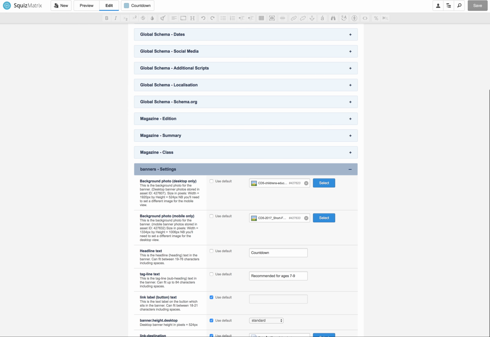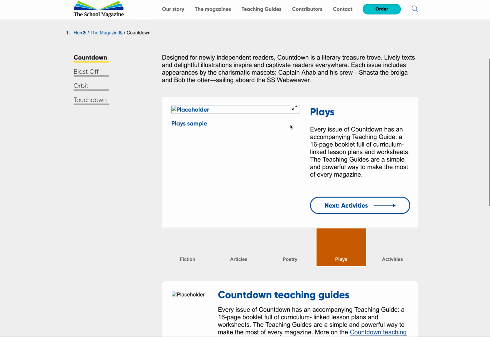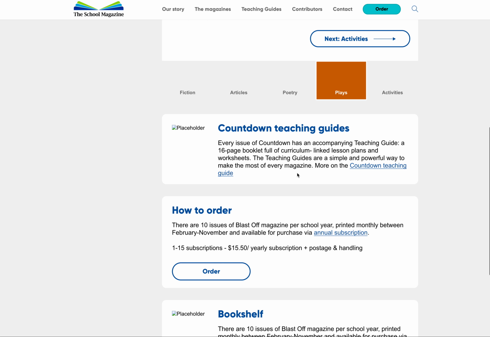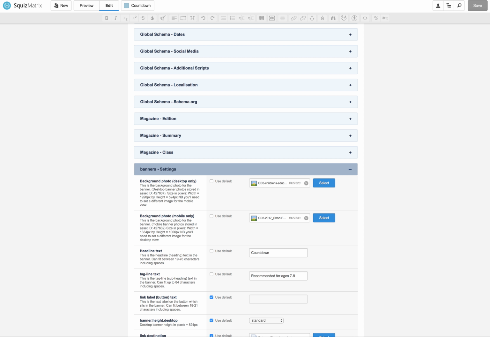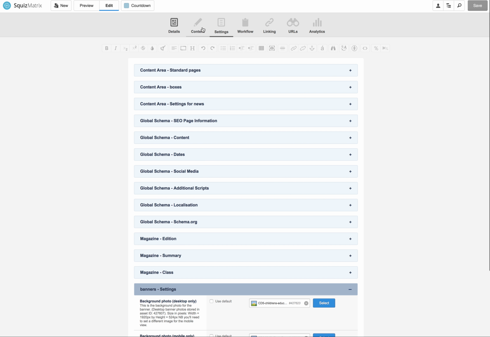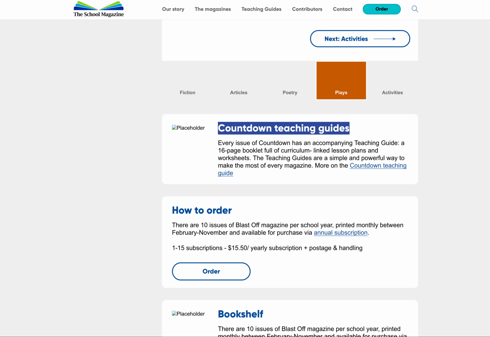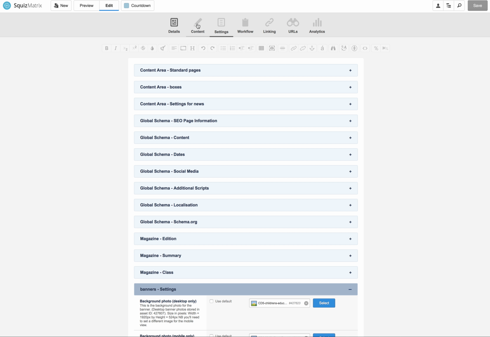And there are all the settings for the banner. Okay, so there's another piece of content. Now this is no, this one won't be reusable, so you're quite safe in editing it without having to worry about it changing anywhere else.